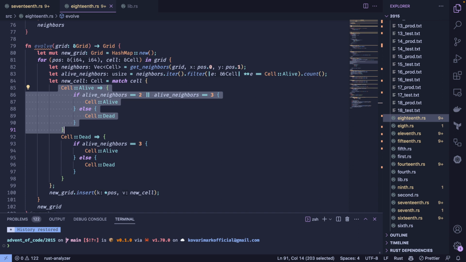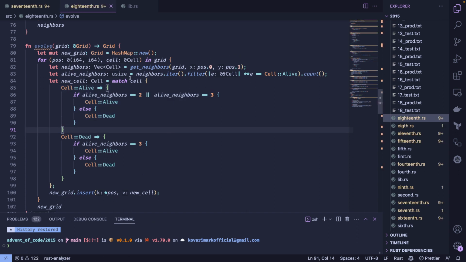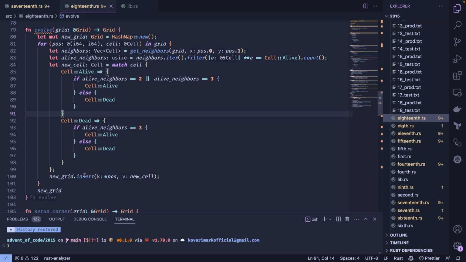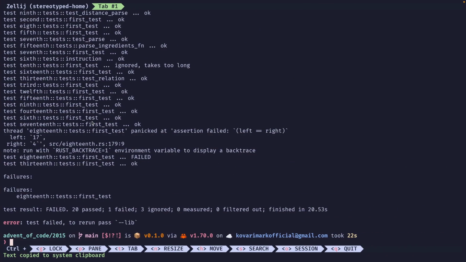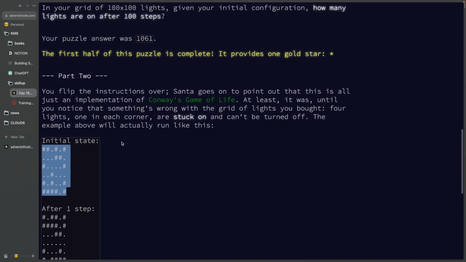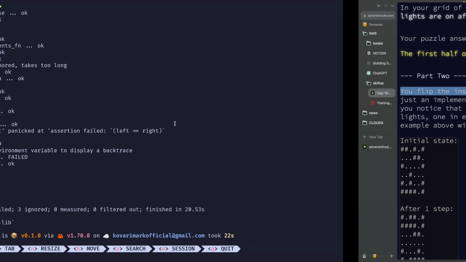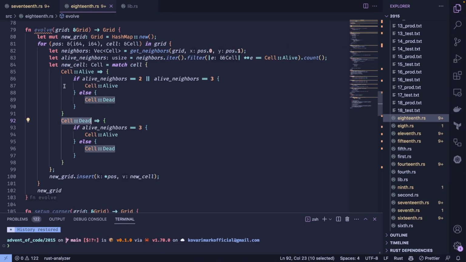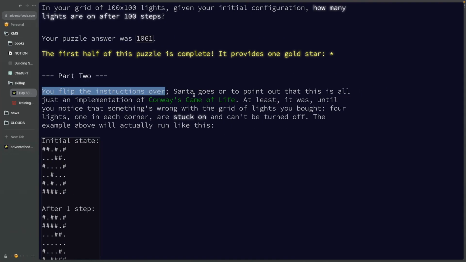But man, I got brain damage. But you flip the instructions over. Hopefully it doesn't mean that I have to change these instructions. Why is the wording that